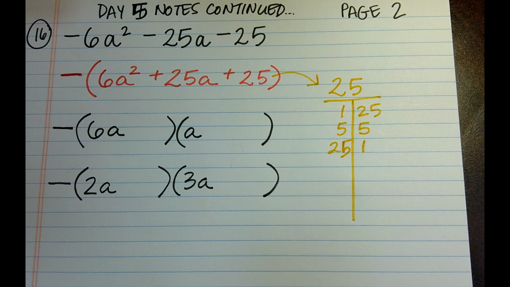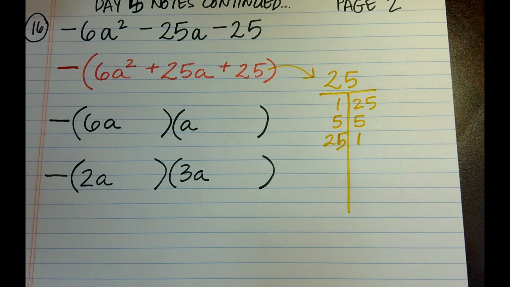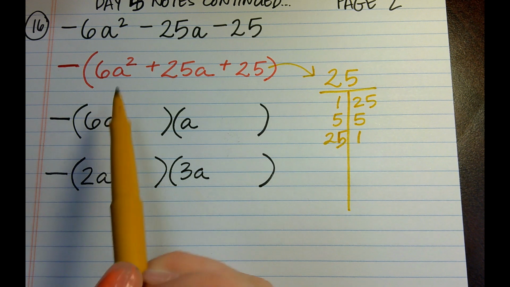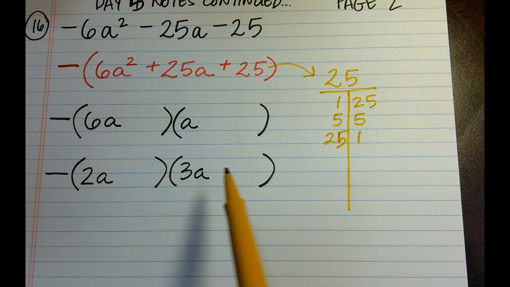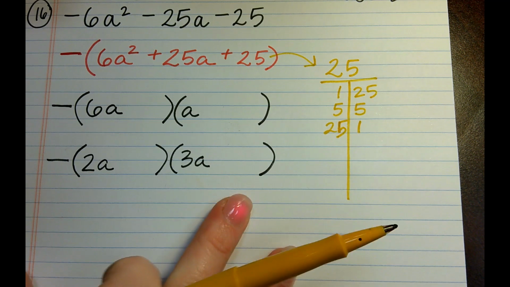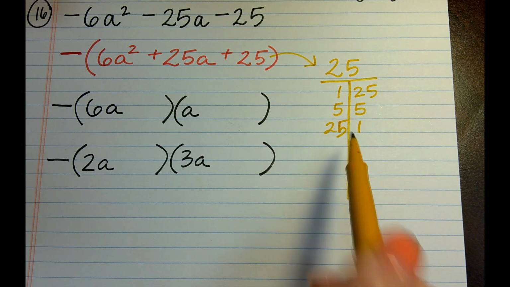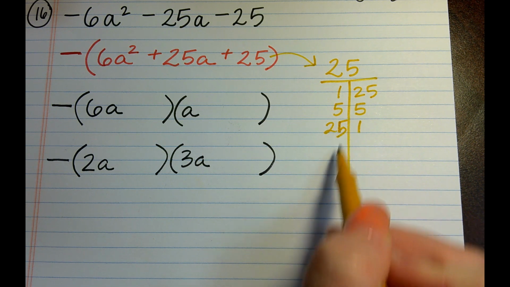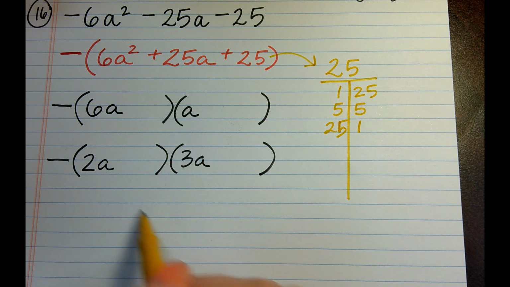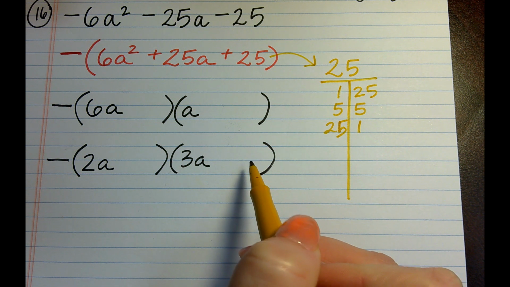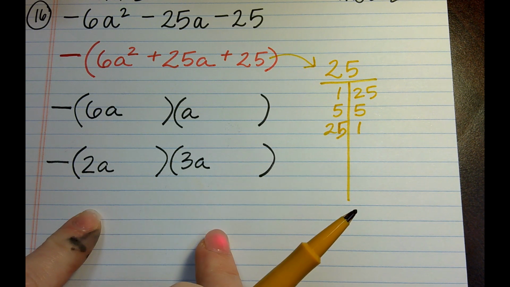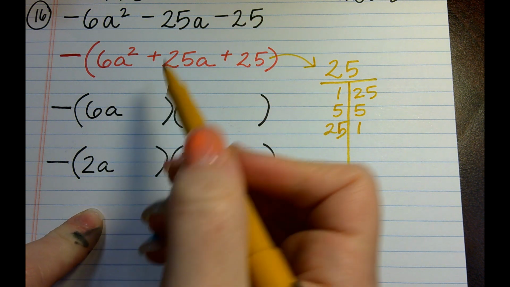And what do I need to do with these? Put 25 and 1 in. Sure, let's do that. Do we want to try the 6A and A first, or the 2A and 3A? Let's go down to 2A and 3A. And you said 25 and 1? Okay, so let's use some reasoning here. If I do 25 and 1, first of all, what am I trying to get using the rainbow method? What should my numbers add up to? B, our middle term, which is